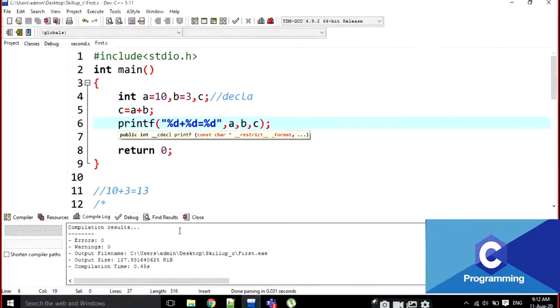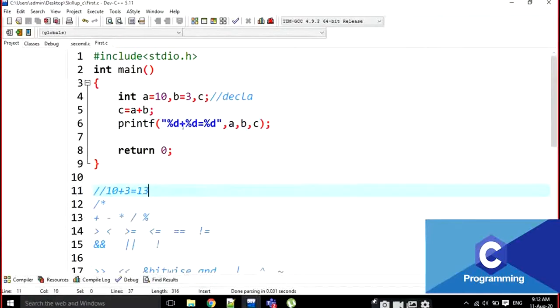I think everyone got it? Here, this is the text, that's it. This is the dummy text. We can write anything here. For example, "A add B is equal to" something. I am going to write here equals. I am going to execute it like this. "A adds B 3 equals to 13", like this.